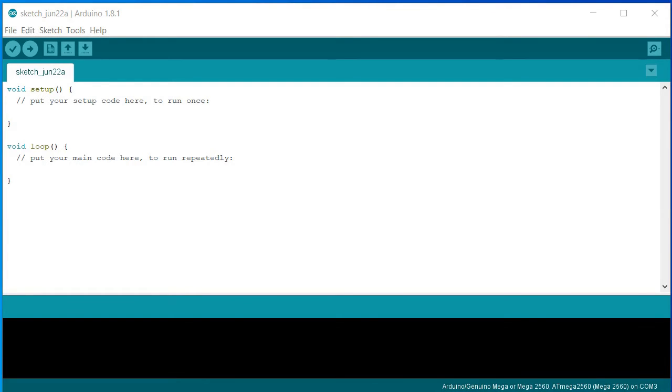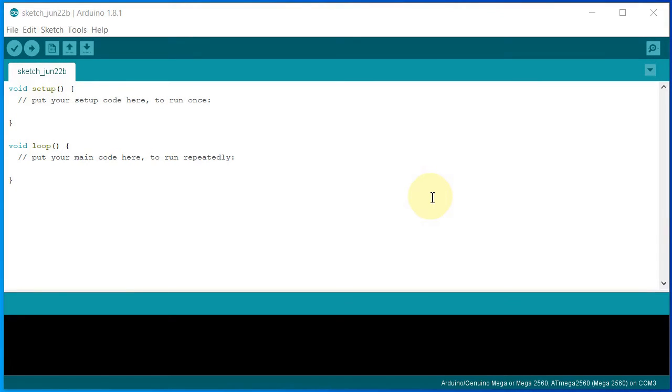Now let us get more comfortable with the buttons available in the Arduino IDE. The software that is showing on the screen is the Arduino IDE. When starting the IDE, a new sketch will be opened with some basic and important functions called void setup and void loop. You can see here the default file name given is sketch underscore June 22B. So here the sketch underscore will be common for all the files, and June 22 will be the current month and date.